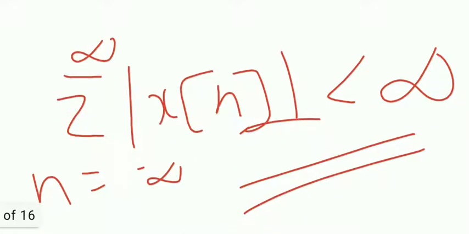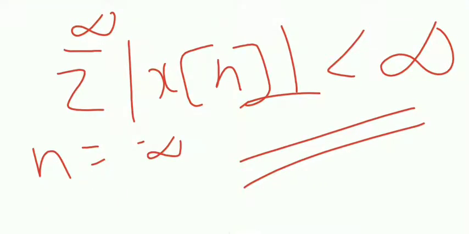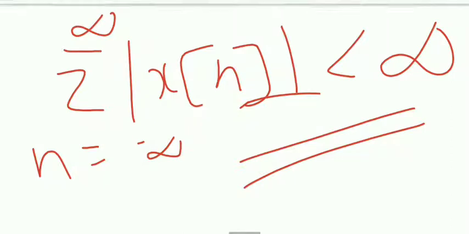So this is what I want to emphasize. The condition for existence of the z transform of any signal x of n is that it must be absolutely summable. Absolutely summable means the sum should not become infinity. That's why I put that it must be less than infinity. It is finite. We must be able to find the sum of x of n. Otherwise, we cannot find the z transform. Okay. I hope you understand everything very clearly. If you have any doubt, you can ask in the comment section.